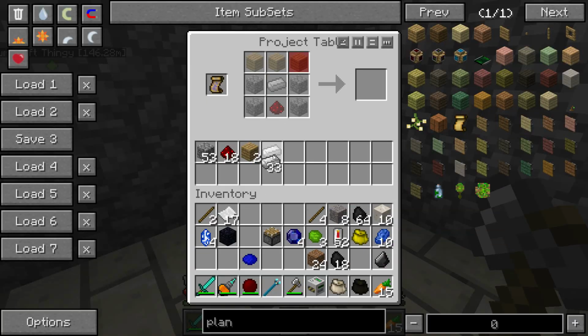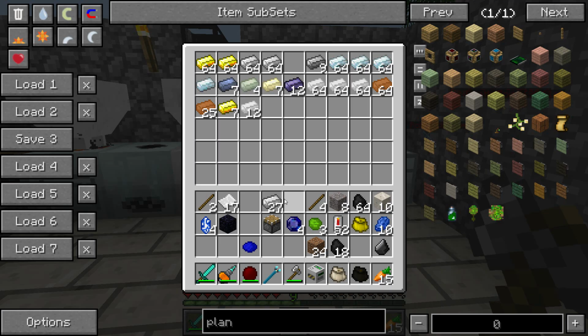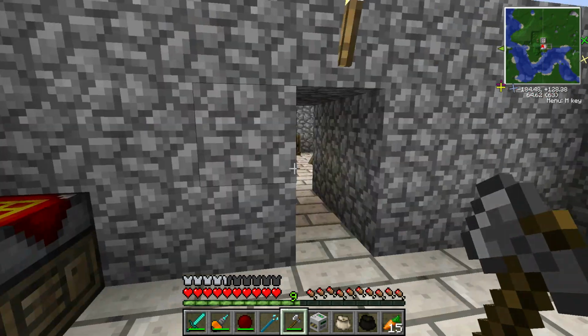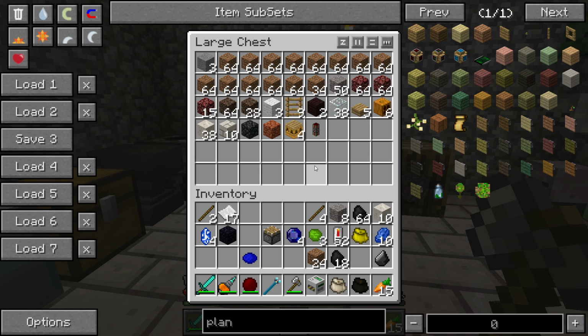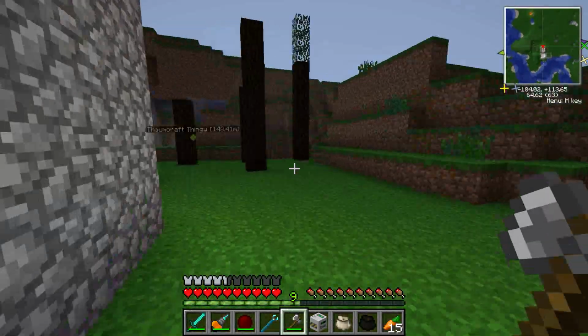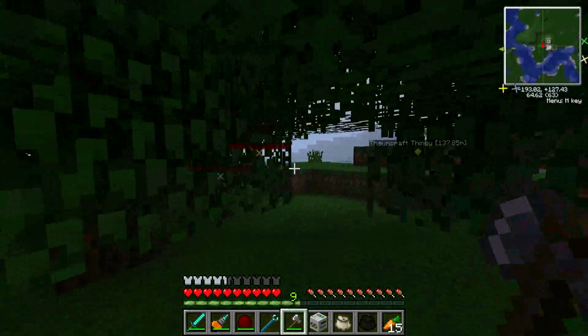So now what I'm going to do is actually get a bunch of iron. And the best way to restrict this thing from crafting too much is to put the perfect amount of one item. So I want 8 pistons, so I'll put 8 in there. Actually no, 7, because I already crafted one. And then I'll put the rest of the iron away. Now I also need some more wood. And